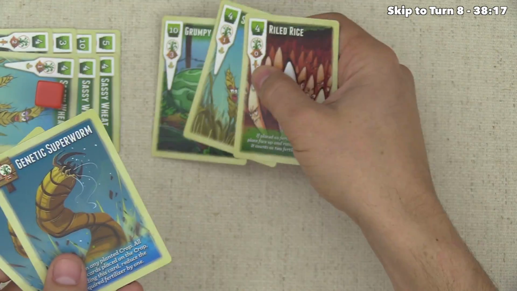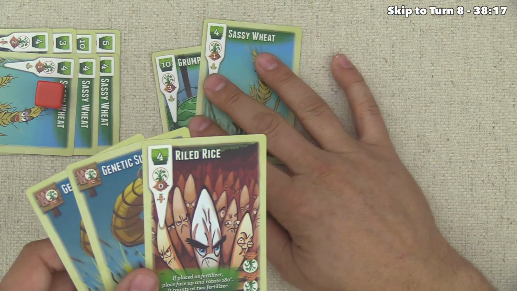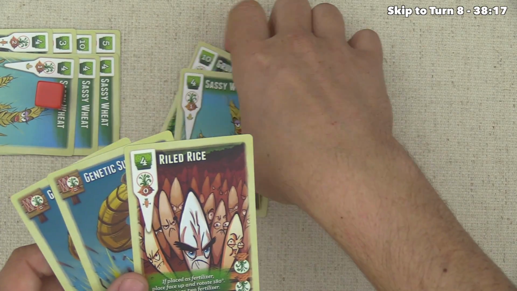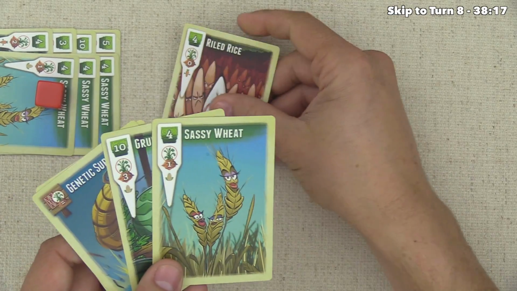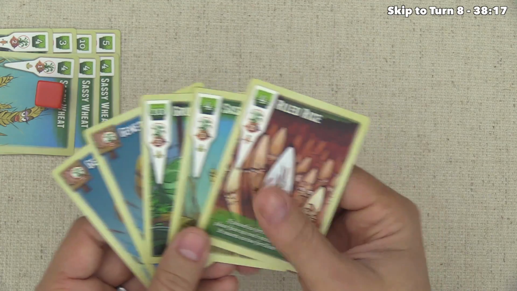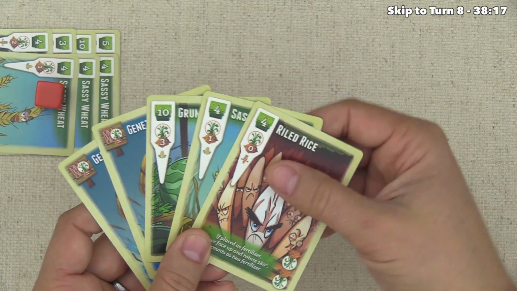And if we put this Grumpy Melon down and we fertilized it, well, that's a bit of a waste in that case. Also, if we do that, we are just such a huge target for the green player in particular to try and discard this out from our area. So we don't really want to leave any low-hanging fruit. We could throw this Wild Rice, but that's also a really great target. I just kind of feel like we almost don't want to put anything down, but if we don't put anything down, then we're not going to be able to